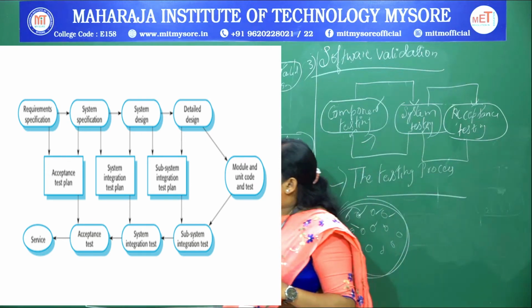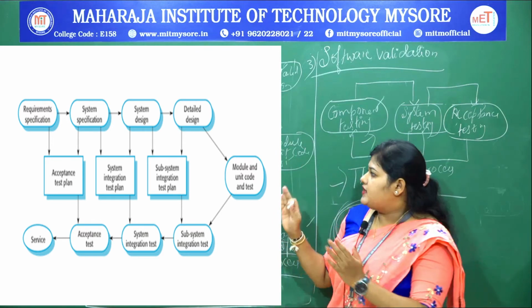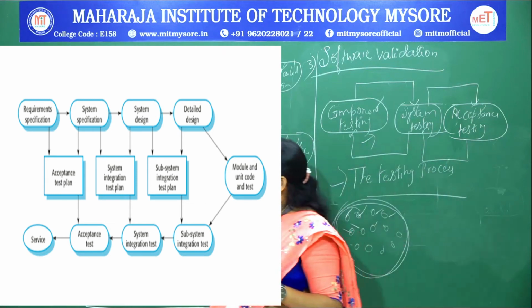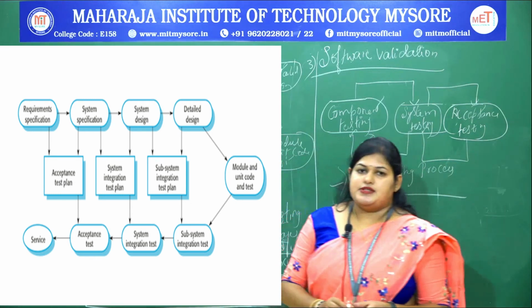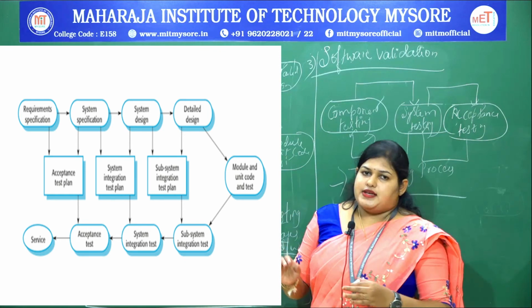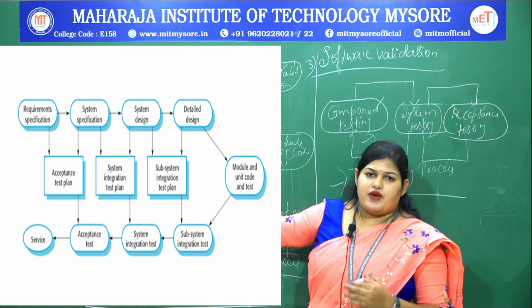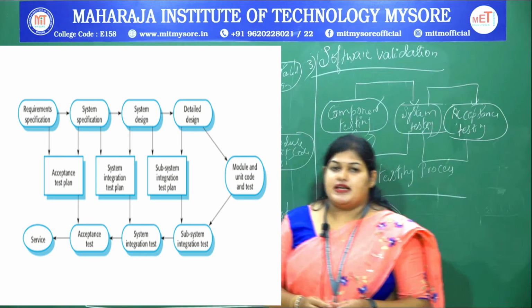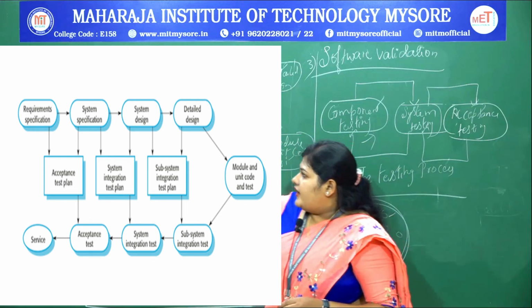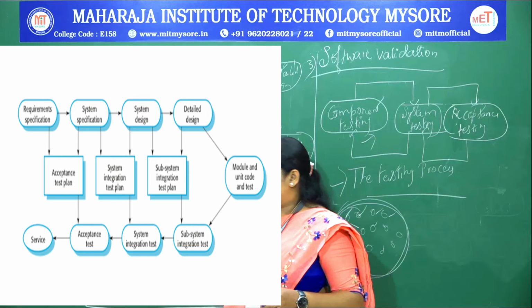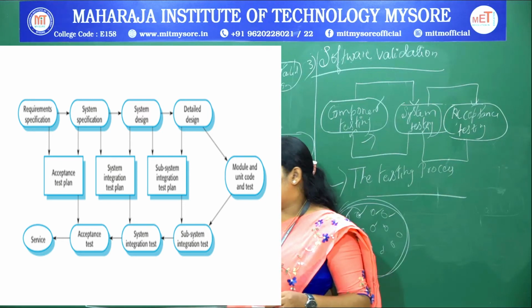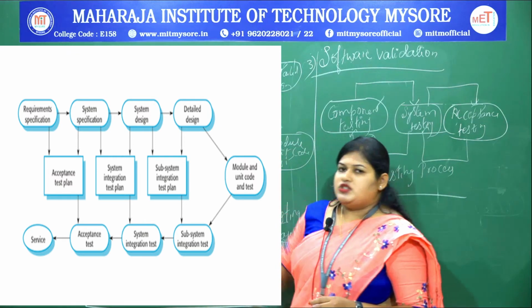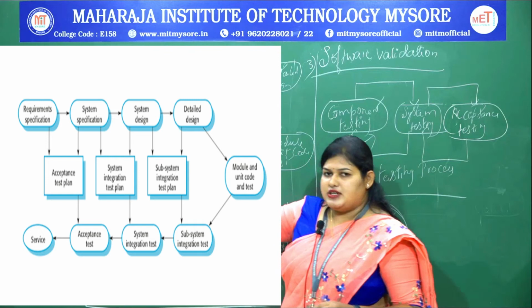By this, they will plan out what should happen and finally what we are supposed to get. Very first, this will be linked to the acceptance test plan. As I said, the requirements gathered should finally be accepted. So, the acceptance test plan will be done with respect to the requirement specification, which is the last phase dealt with by the acceptance test, fine. Next is the system specification, where it deals with the system integration test plan.